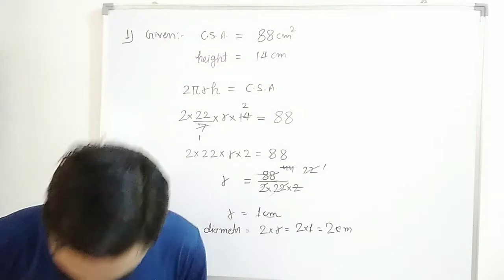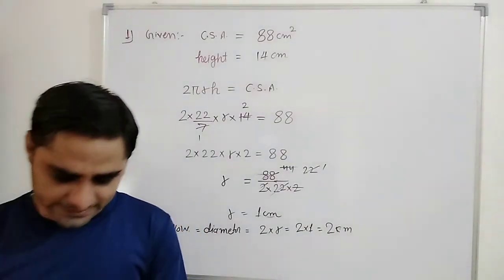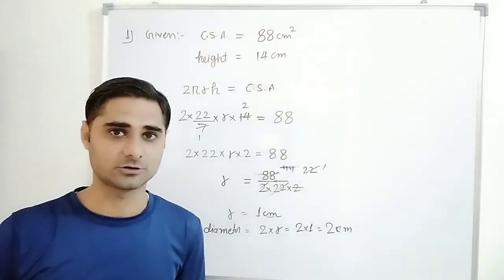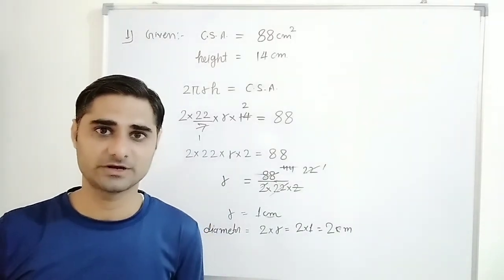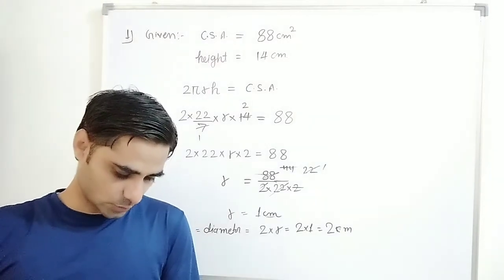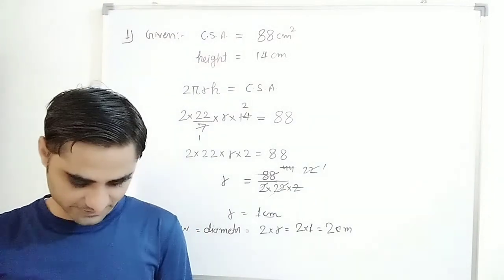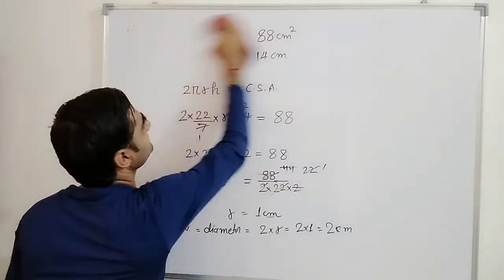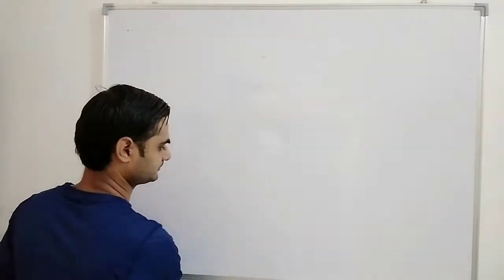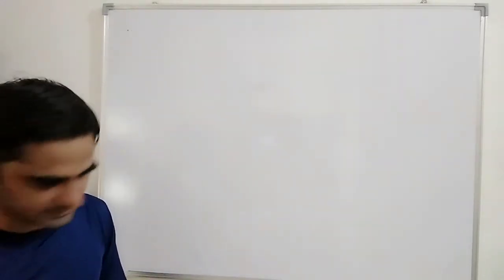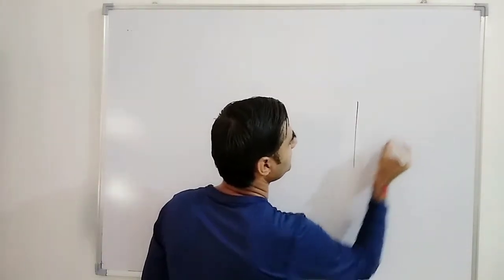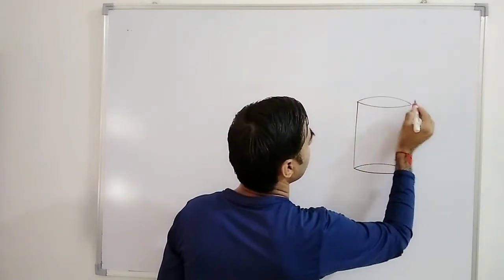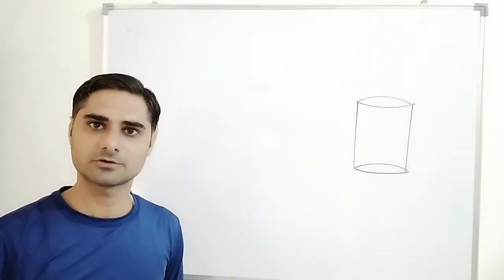Okay, number 2, it is required to make a closed cylindrical tank. Closed cylindrical we are talking about. Closed means total surface area we will take if there is a need. So closed cylindrical tank of height 1 meter, the base diameter is 140 centimeter. Let's see this question. Okay, I'm erasing this. See, I'm just drawing here, that is closed cylinder. Okay, from our side we have drawn it closed.